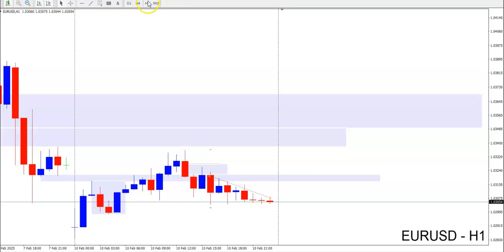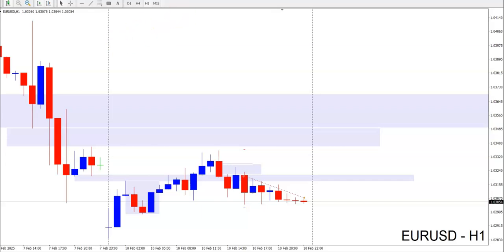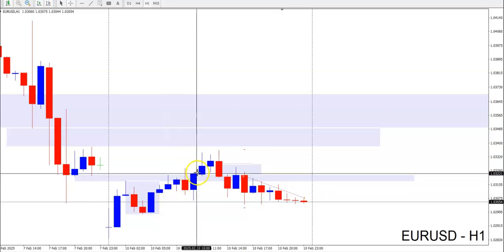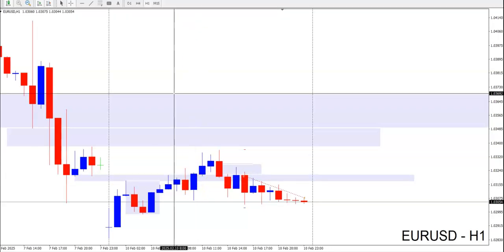Now moving forward to the 1-hour time frame. So what do we have on the 1-hour time frame? Here the vertical line is the start of the trading day. This blue box is the Asian session range. We have Asian session low, Asian session high, and as we were approaching the London session, we had a nice move to the upside. Nice move to the upside, and price, as you can see, moved to the upside, broke this